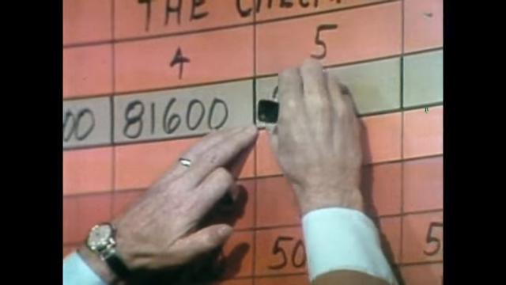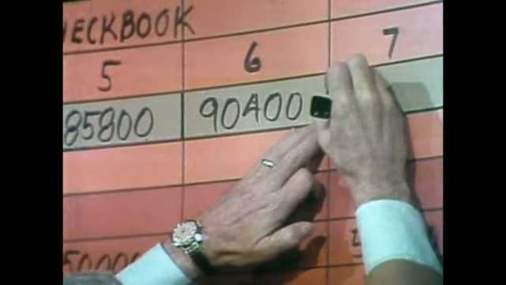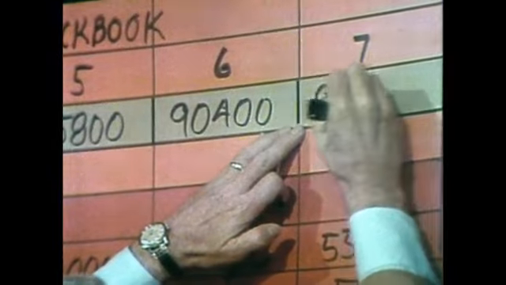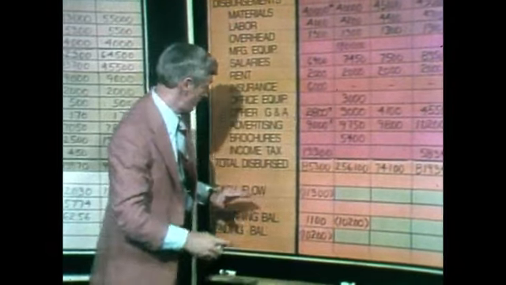Then $85,800 in month number 5. $90,400 in month number 6. $90,400. And finally, in month number 7, $96,400. All right, now, you're going to have to help me with the arithmetic, because if we take the total